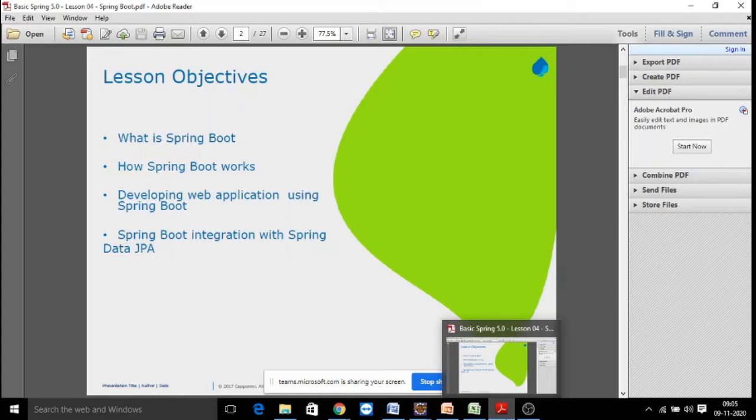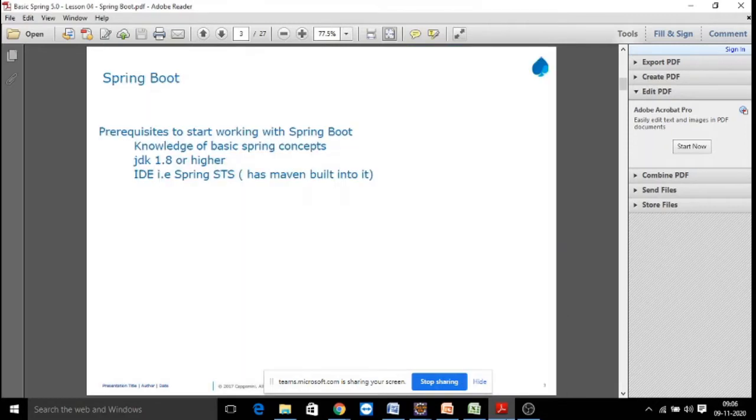And in this Spring Boot module you are going to learn how we develop a Spring Boot application and how we integrate it with Spring Data JPA. In the previous module, in Sprint 1, you worked with core Java classes integrated with Data JPA to perform persistence, right? Now the same application will continue with Spring Boot.